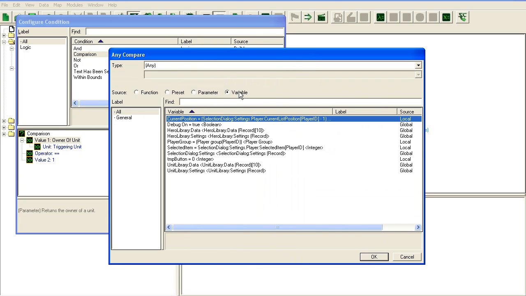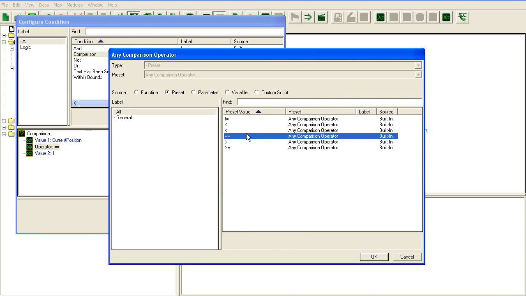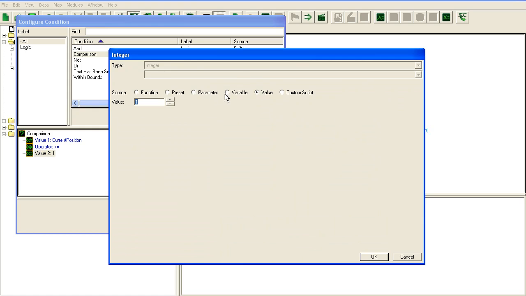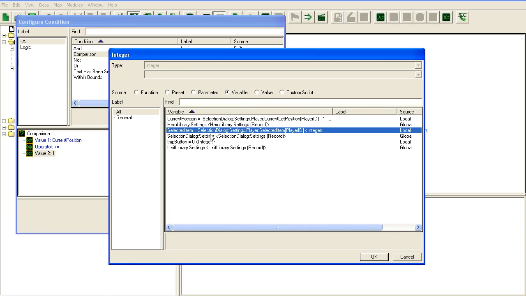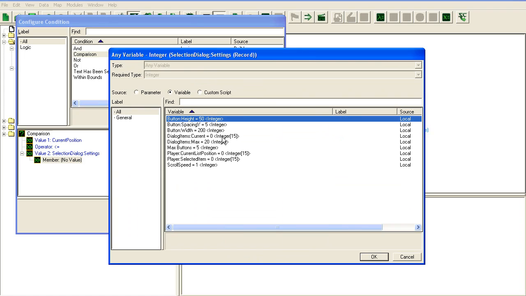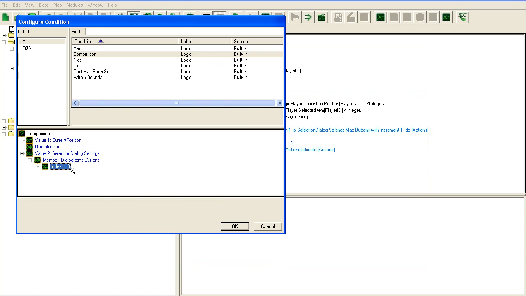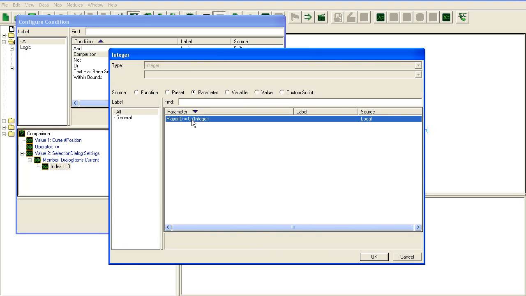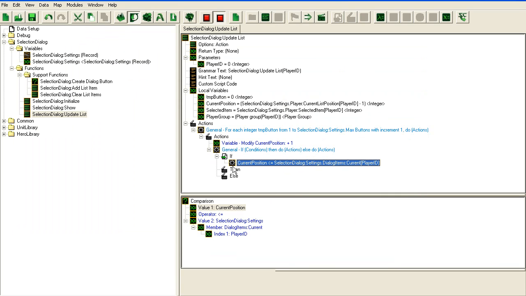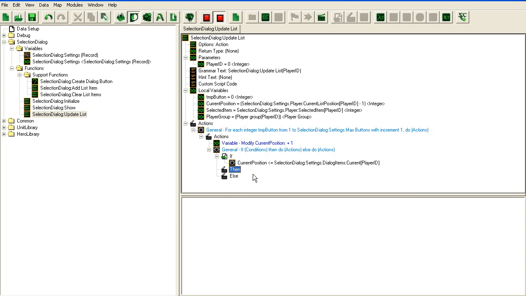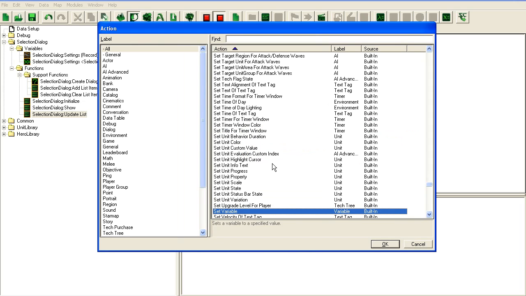So we're going to take the variable current position, and we're going to check that it's less or equal to our settings dialog items current for the player. And if it's less than, that means that we have an item for this button. If it's more than, it means we don't have an item for this button. So if it's less than, I am going to set the text on the button